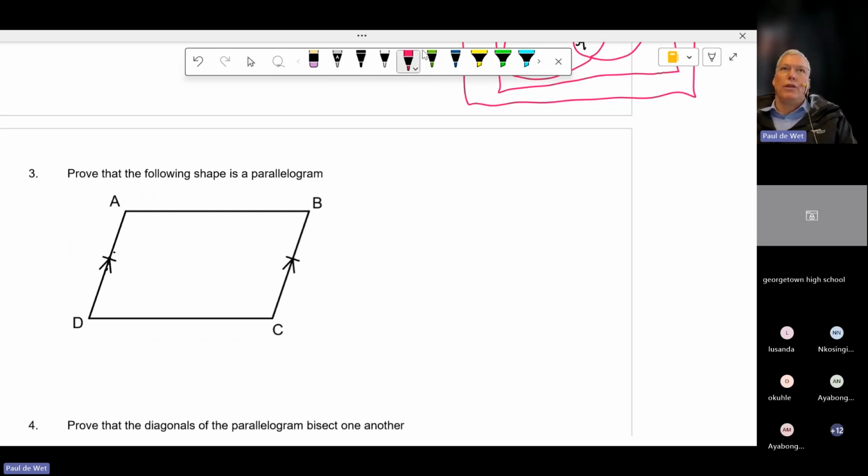Now, watch what we're going to do. I'm going to join this, and I'm going to try and prove that these two triangles are congruent. I'm going to show you why. If I do that, then I can prove that some angles are equal, and if I do that, I can prove that I've got some parallel lines. So in triangle ADC and triangle ABC,